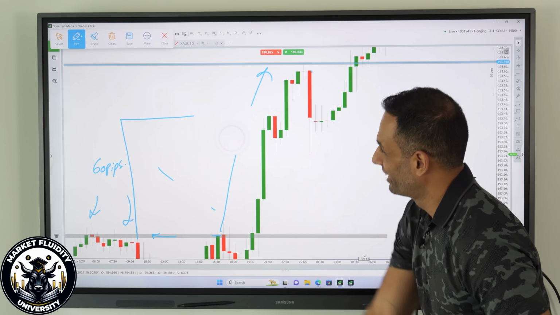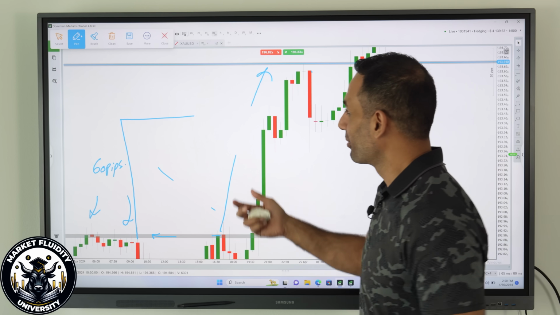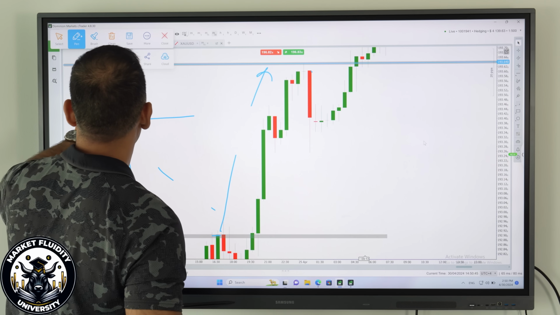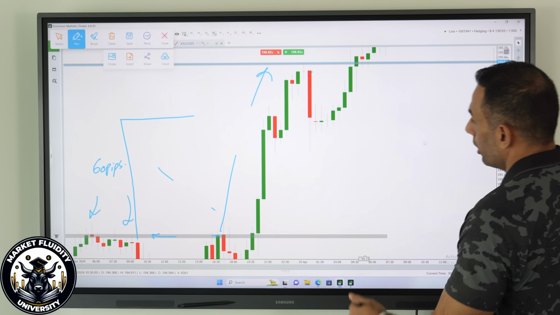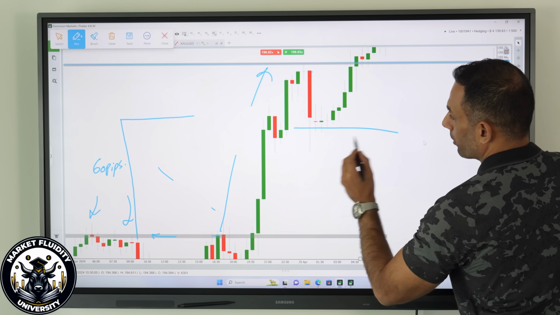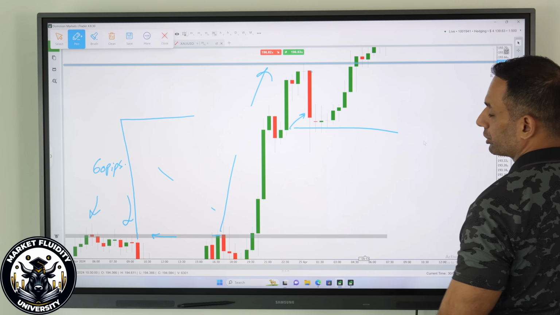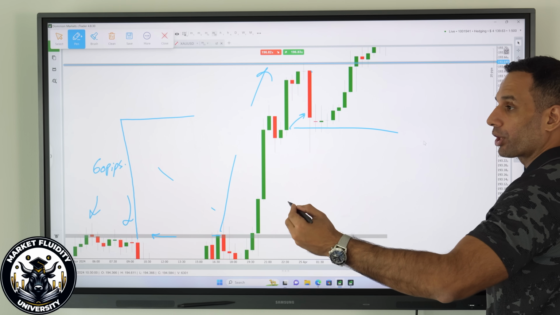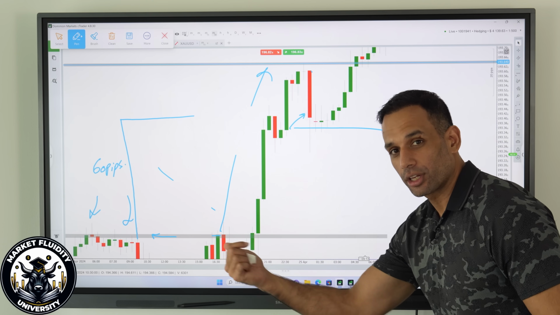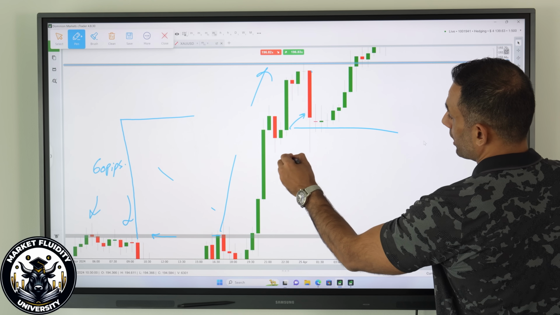Oh, we can't. I thought we could zoom in, but apparently we can't. Anyway, we'll use the software to zoom in. Go by candle, okay? First candle right over here, bearish. Can we take a sell? No, because the support is not formed, it's not broken, and it's not a downtrend, it's an uptrend, so we're looking for buys. Next candle forms right here.